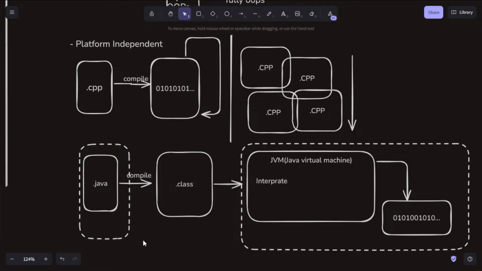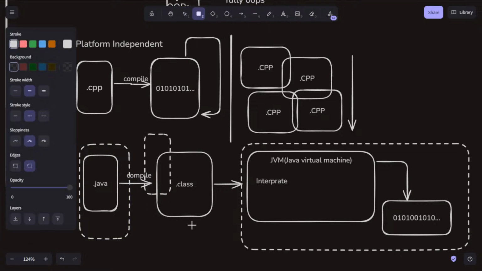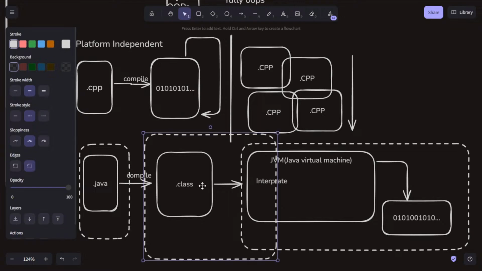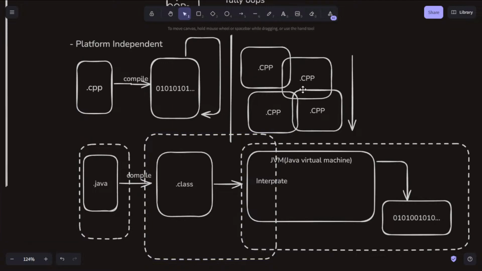We are only going to send the .class file, and this .class file is going to be interpreted on every machine. Its performance is higher than the .cpp file, because every compile time error is detected in the first phase of compilation.